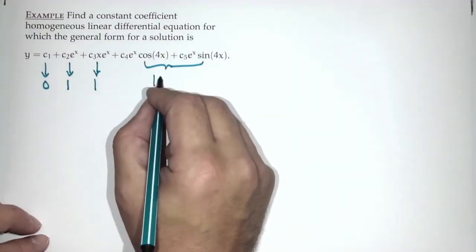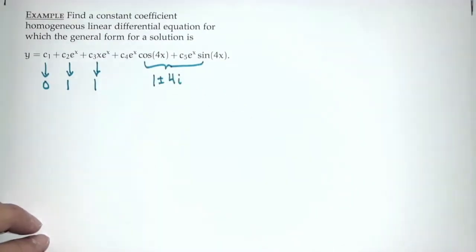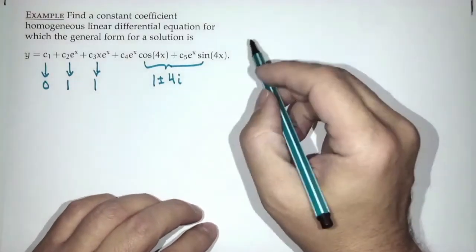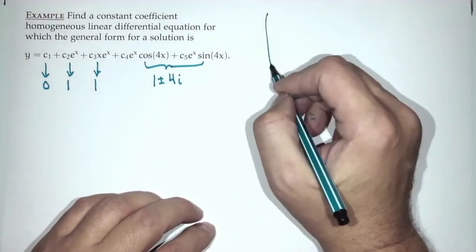So yeah, it's 1 plus or minus 4i. Okay, so now we've done one back step. So the next back step is to say, okay, what's the polynomial? Now before we do that, I'm just going to make a little side note over here where it says if